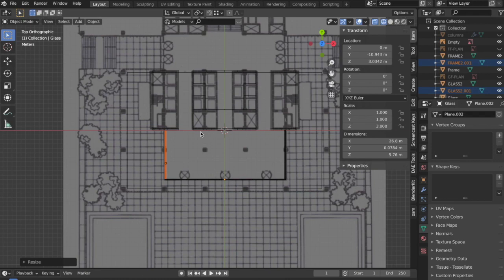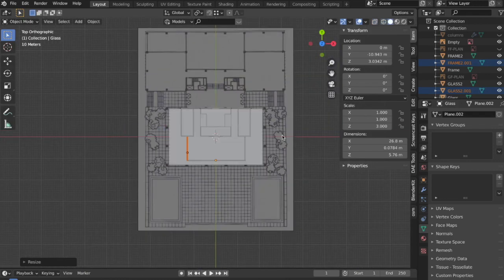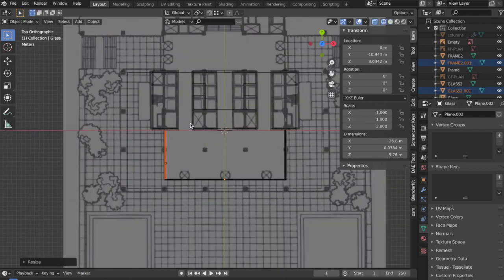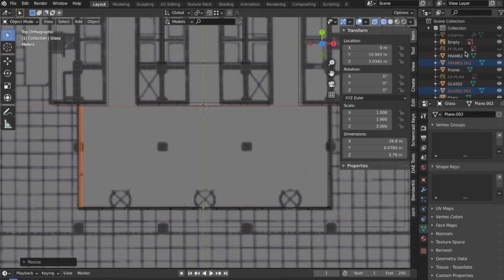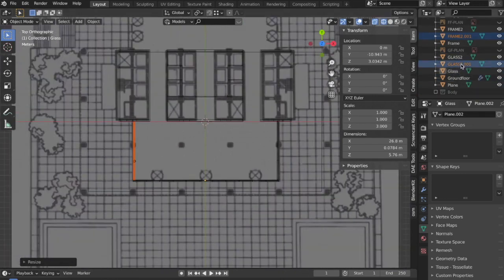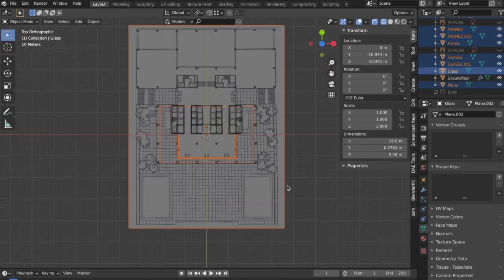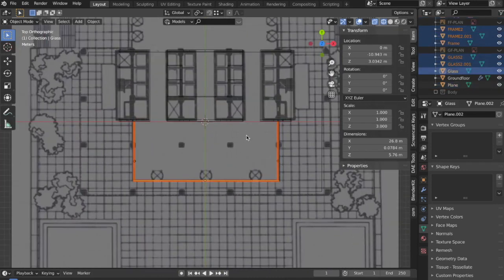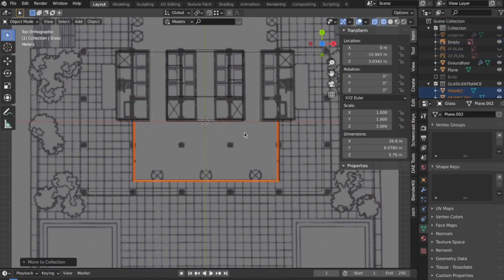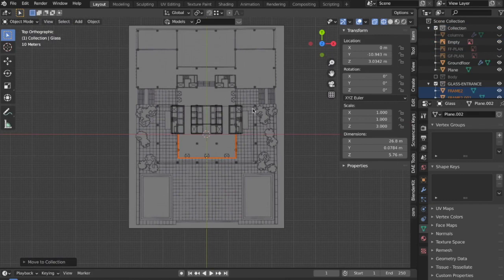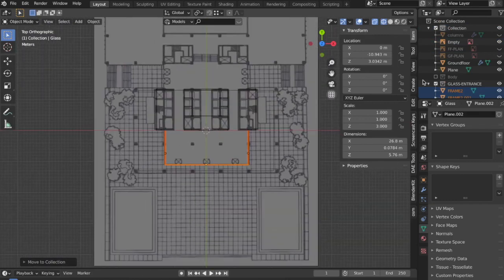This time I'm going to finally use that plane which we have saved till this point. But before that, I can select all of these frames by going into the wireframe mode and then deselecting this image and this part, and making them into one new collection, which I'll name maybe glass entrance, just for the ease of it. Now that we have made the ground floor completely,